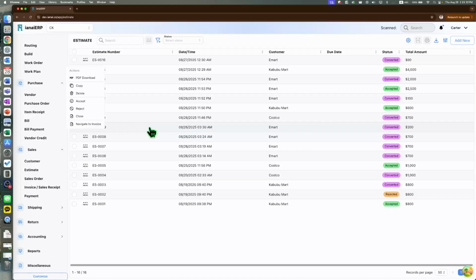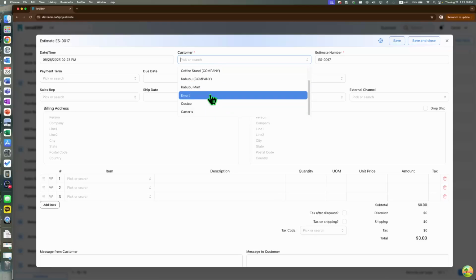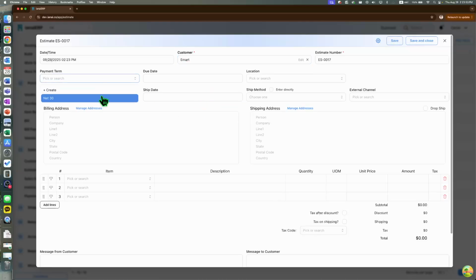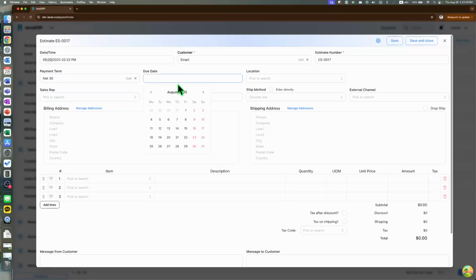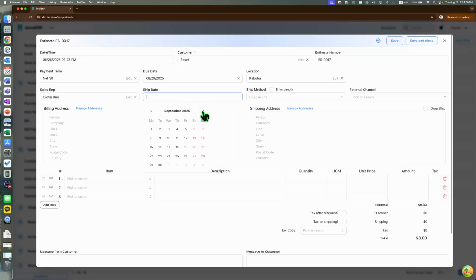So let's start the process. Let's say we received a phone call from our customer that they want to have an estimate for a couple of our products. So let's go to add new here. And then as you can see, we have a pane opened up here. We have date and time, customer that we can choose. Let's say we got a phone call from eMart, and their payment term is net 30. This estimate's due maybe tomorrow. We need to give them by tomorrow. Location, we're sending these products out from Kabubu plant. And let's say I received the phone call. I'm going to ship it out by